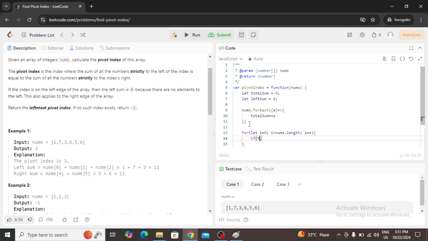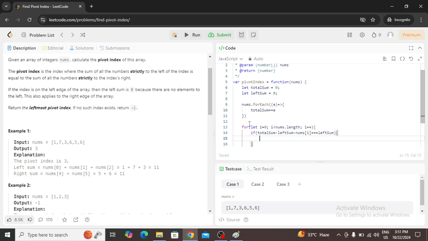If total sum minus left sum minus nums of i is equal to left sum, then return that index.